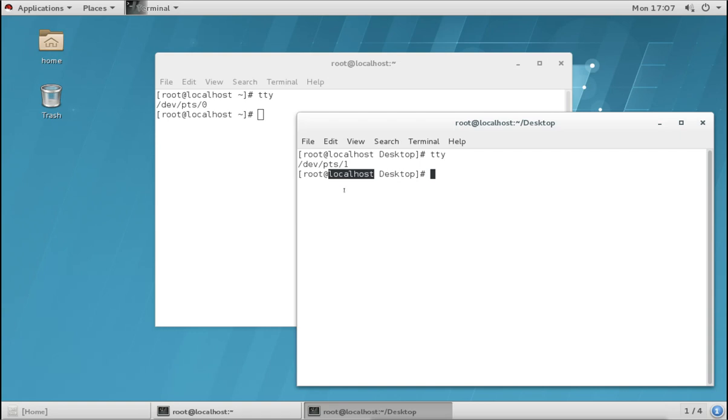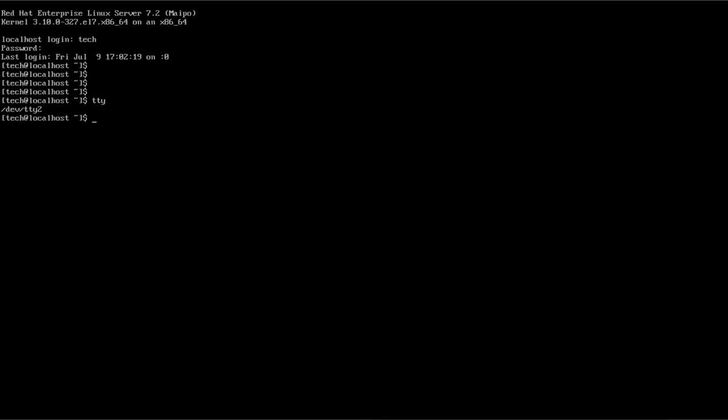By default the machine name for RHEL Linux is always localhost. Whichever user is logging in, you can see the machine name is localhost. You can see here for the root it is also saying localhost, and if I go to the other terminal, here it is also saying localhost.